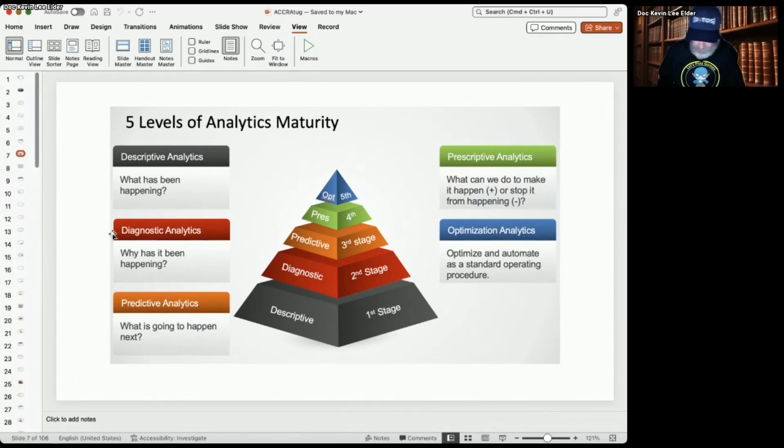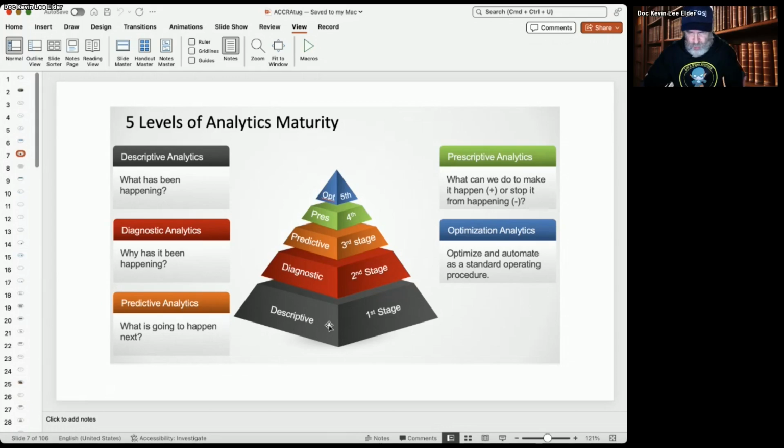And so I like to start with a couple of basic things with Intro to Analytics students and say, well, when we're talking about analytics, it's really 5 stages of analytics. I like to use the pyramid diagram to lay out those stages. And so I want you to be thinking about, okay, what are we trying to do with this data in this Tableau workbook? What is it we're trying to do? And so the first stage that organizations go through is descriptive, just what's been happening.